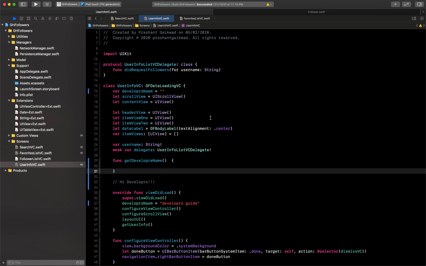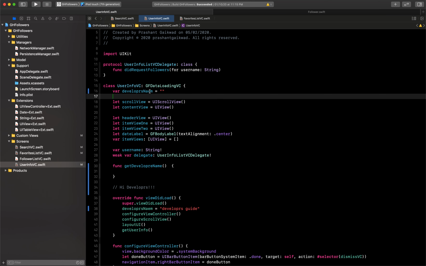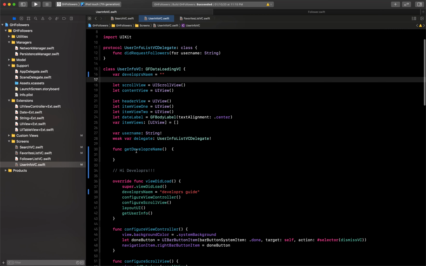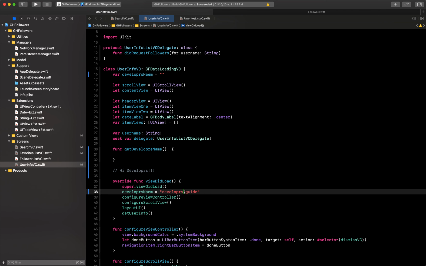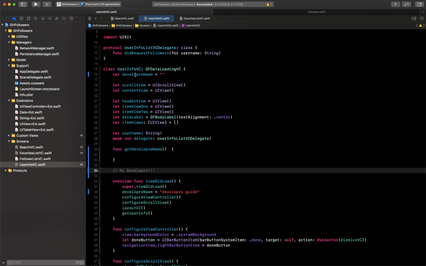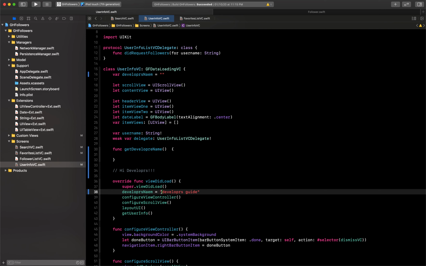For example, here you can see I have already written some code. Here I have written developer name and I have misspelled that. Also at the bottom I have written a function, where I have again misspelled that. Again here I have used this same variable below, and on that I am assigning one string. There also I have misspelled the spelling, and in the comments also I have misspelled. So there are four scenarios. One is the variable name, another is the function name, then third is the comments, and the last one is the string which I am assigning. We do make mistakes many times inside the string, so this trick will be very